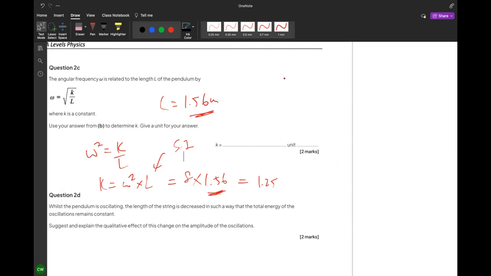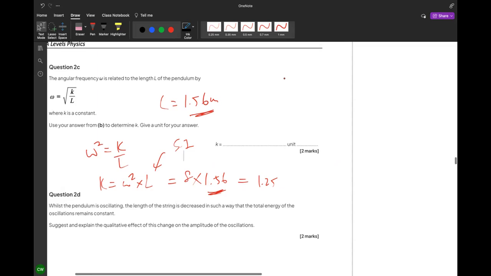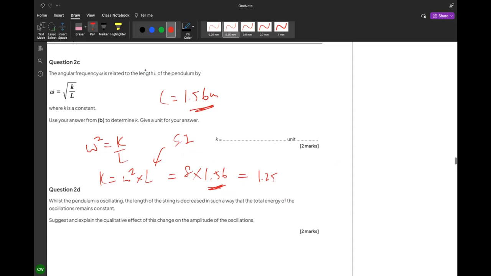Meter per second. Why not? Oh, 12.5. Right. Okay, this is 12.5. The unit of this one,